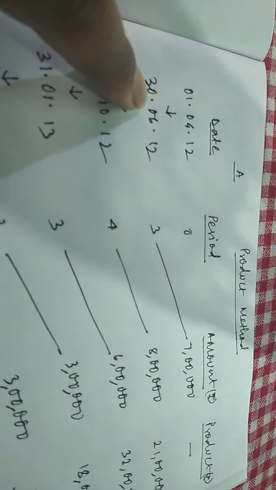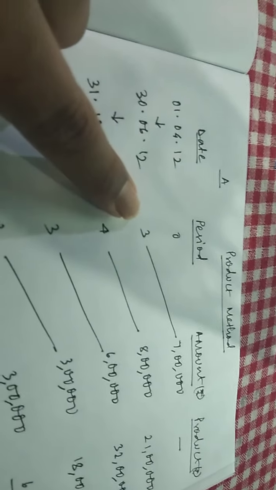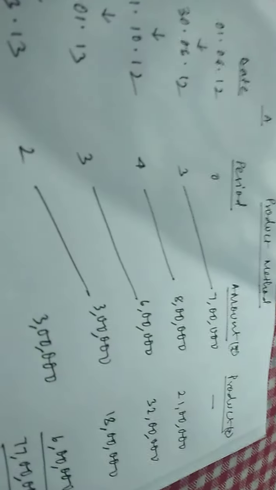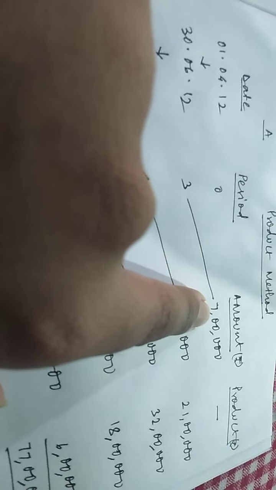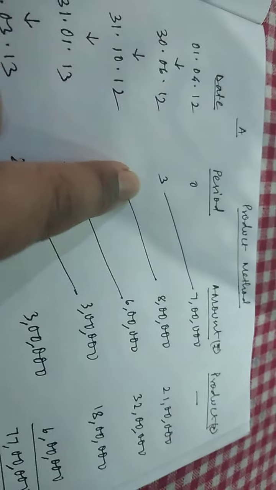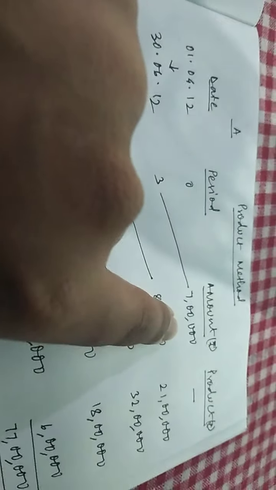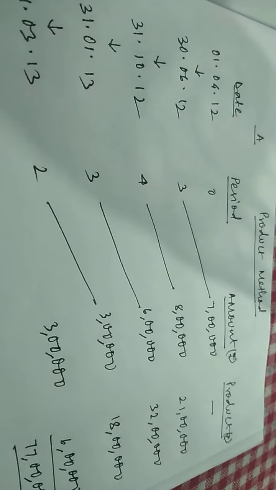30th June 2012. From 1st April 2012 to 30th June 2012 it will give us 3 months. So period becomes 3. Amount is rupees 8 lakh here, but we'll not consider this amount for finding the product. We'll consider the earlier amount. Please be careful. Period will be considered here, with an amount of the earlier transaction, because for this period the amount of capital running was 7 lakh. What was the amount of capital running for that period? It was rupees 7 lakh. So 3, I've just drawn a line. You don't need to make such a line. I have made this line just for understanding. 3 months into rupees 7 lakh will give us 21 lakh in the product.